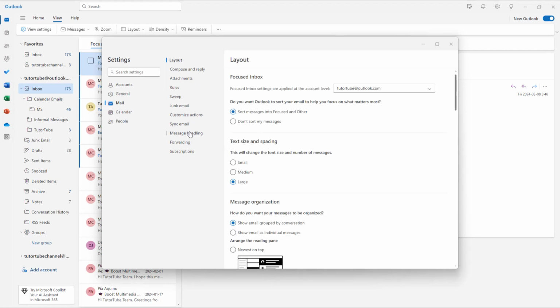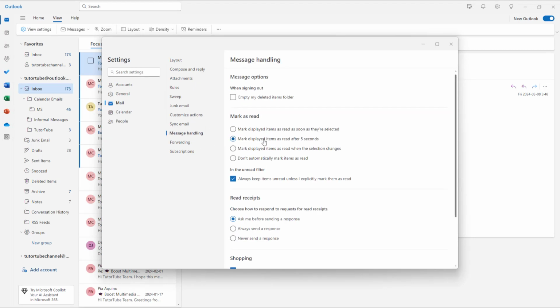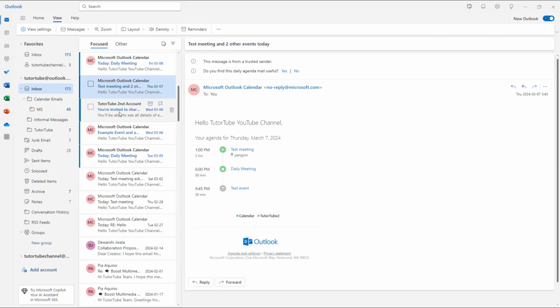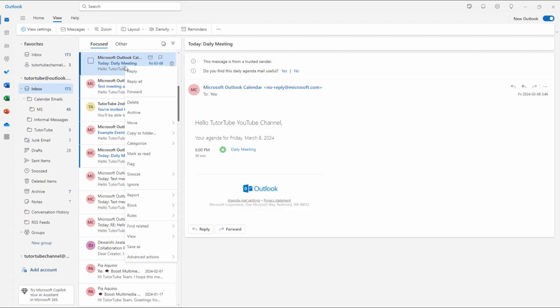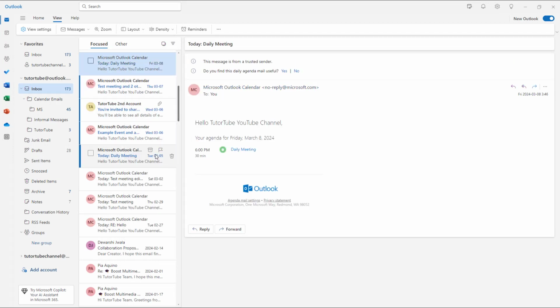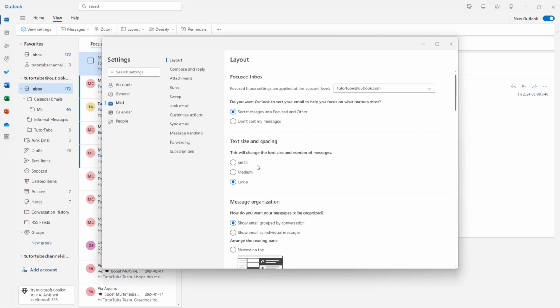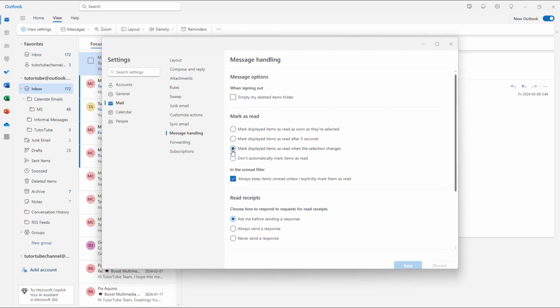So I'm just going to go over here onto message handling, and then you can see that mark displayed items as read when selection changes, and you can also choose not to mark the items as read by default as well. So whenever you go around, nothing actually happens. You do have to right click and mark them as read manually, but I like to have the default option over here. So I'm just going to mark the item as read when the selection